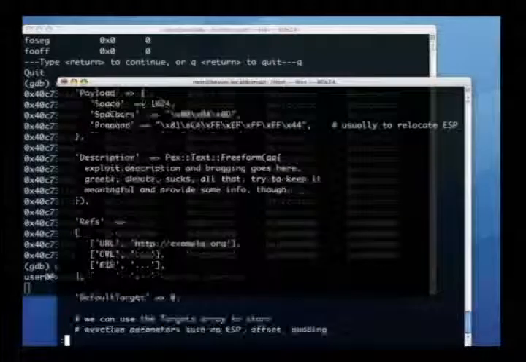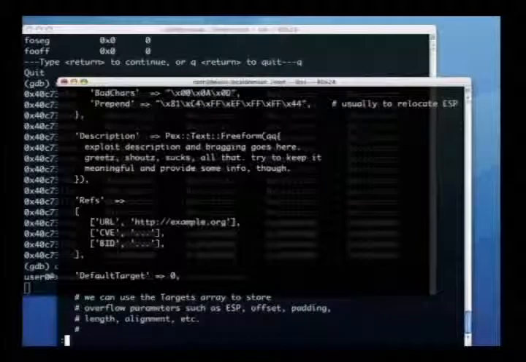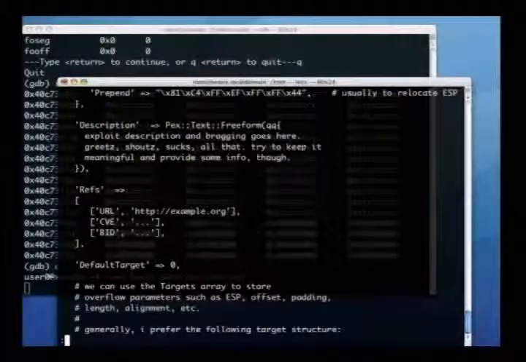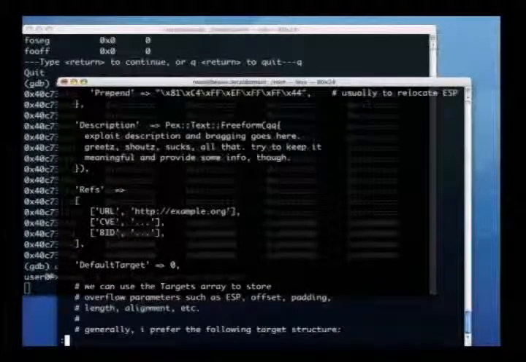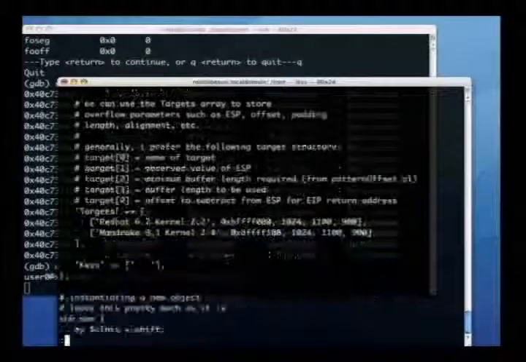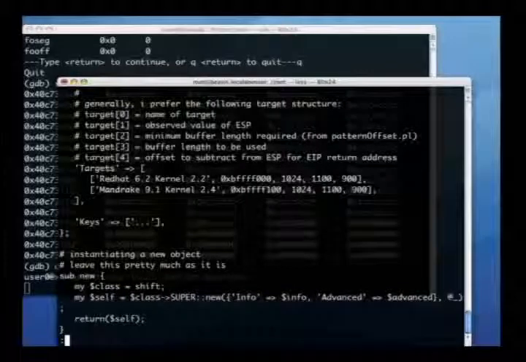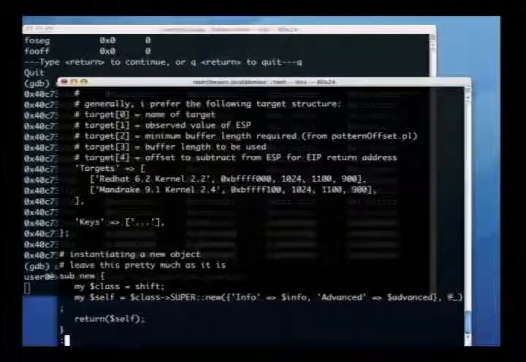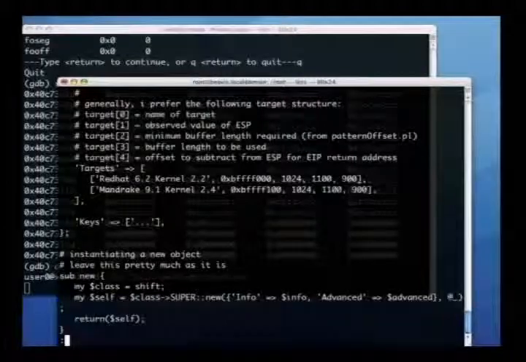Then you give a description to this, any references like CVE IDs or Bugtraq IDs or URLs where the advisory was posted for documentation. And later on, you may choose a list of targets that this exploit can work against. I mean, typically there'll be stuff like kernel 2.2